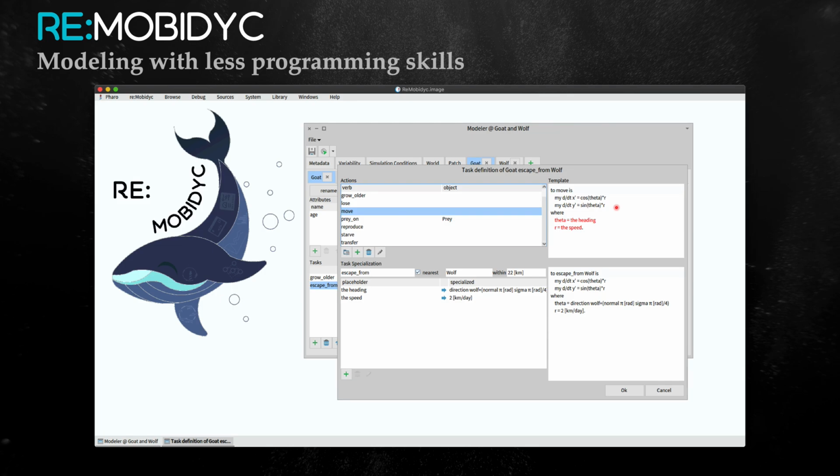And having the library will avoid writing the definition from scratch, and it will also reduce syntax errors. So basically, once the task is selected here, you can specialize it here with the heading, so the direction, and you can specialize it with some complicated equation or simple instructions in here. And here we have the speed, and you can notice here that we have 2 kilometers per